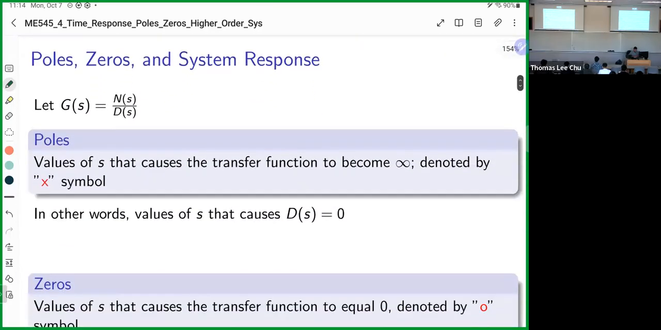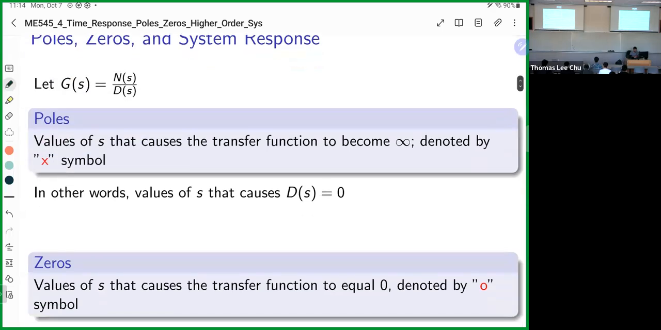Okay, so poles, zeros, and system response. If we let G of S equal a numerator of S and a denominator of S, so N of S and D of S, basically a pole is defined as values of S that cause the transfer function to become infinity, which is denoted by the X symbol. When I say denoted by the X symbol, that means if I were to draw out